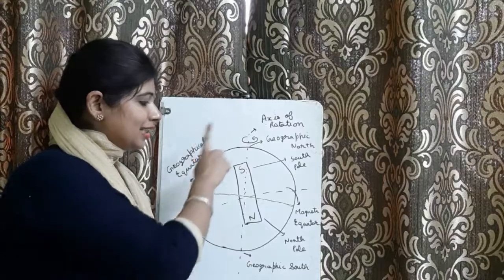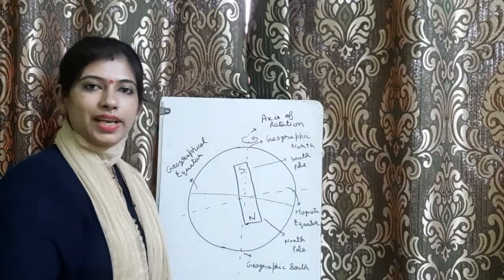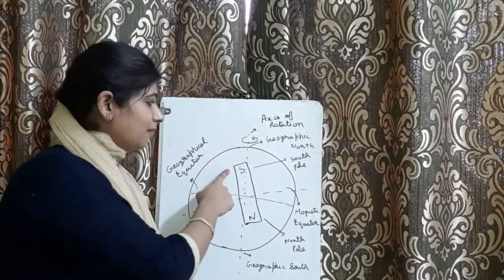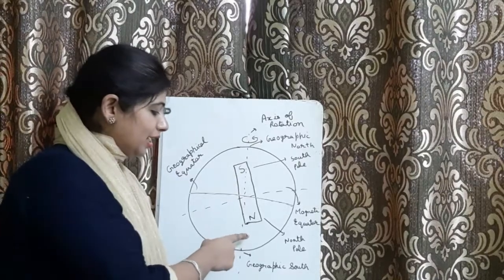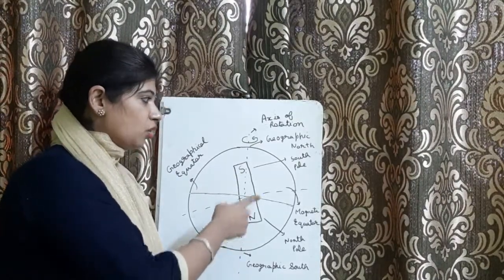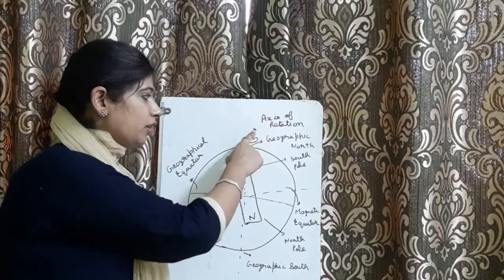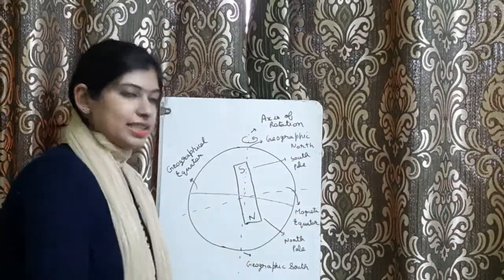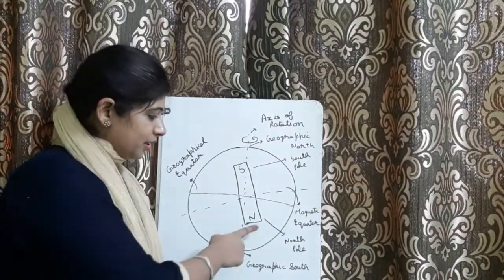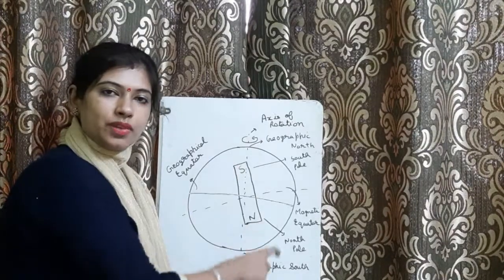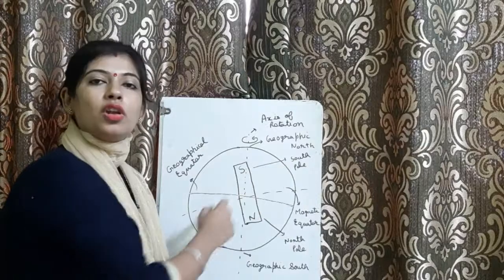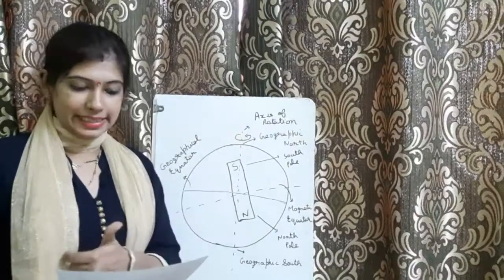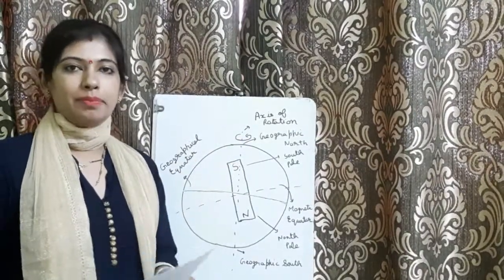This is the rough sketch. These are all the terms which will be explained to you. Okay students, this you can see. This is the pole. In the northern hemisphere there is the south pole. In the southern hemisphere there is the north pole, and this is the axis of rotation of Earth. The dotted line which is shown here is known as the magnetic equator. This is the north pole of the magnet inside the Earth, and this is the south pole of the magnet inside the Earth. Now, if we suspend a magnetic needle so that it rotates in the vertical plane,